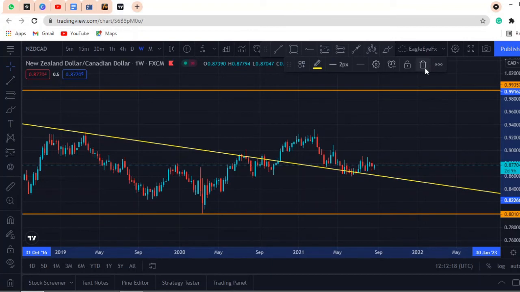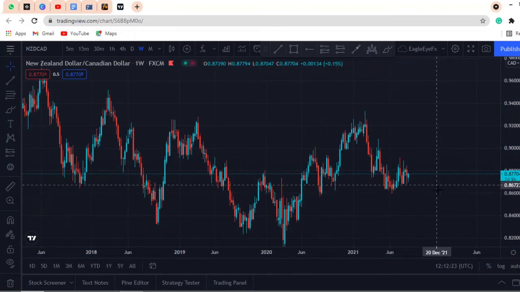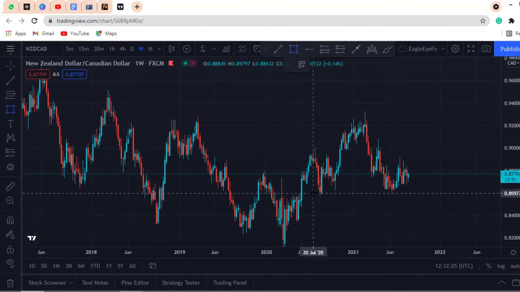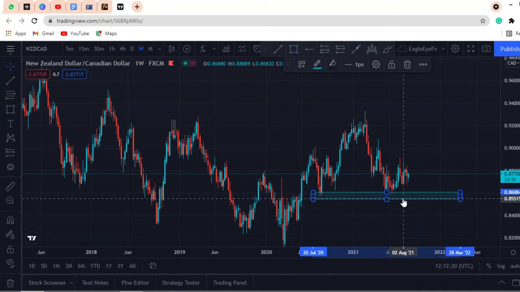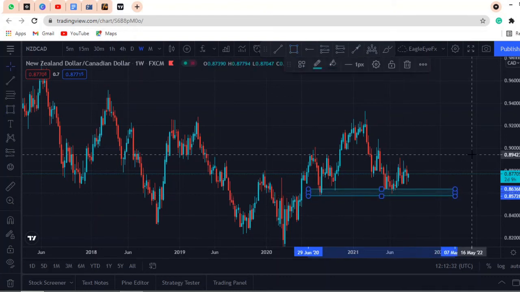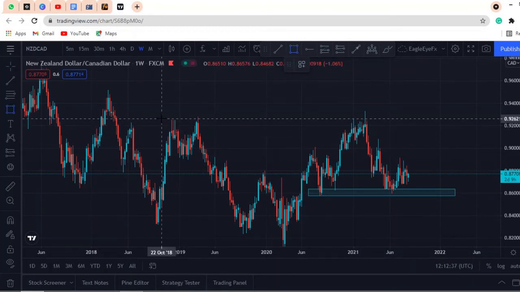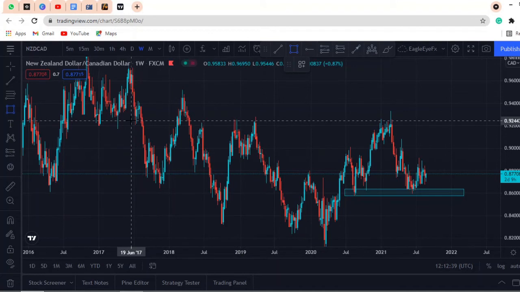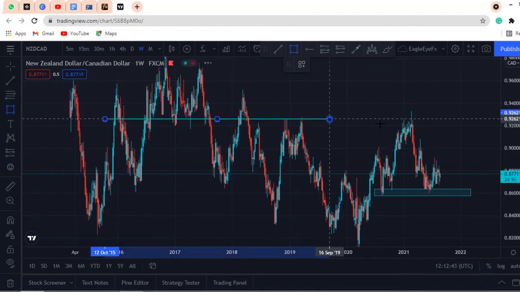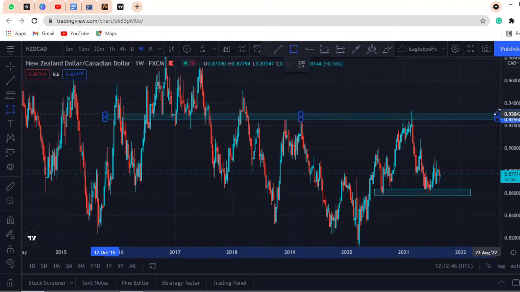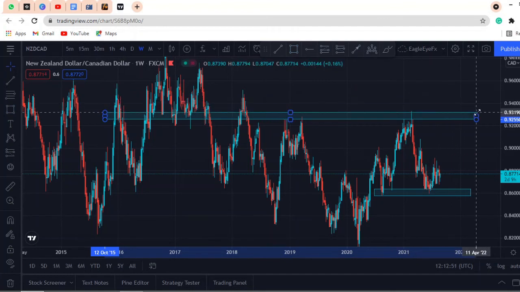Let's remove this here. So from the weekly time frame, you can see that there was some sort of support here. Not some sort of support, but there's some support there, and this has been an area. Maybe we can start from further there, like that. Okay,